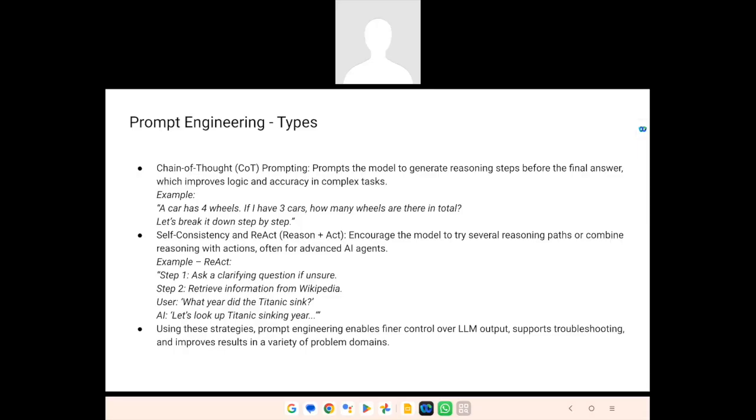So these strategies keep on evolving. Like you have tree of thought prompting, and the frameworks of prompt engineering are so many. It is evolving day by day, I would say. But having a good hold of your problem and a good hold of how to engineer the prompts definitely will help you to solve problems and use AI more diligently.